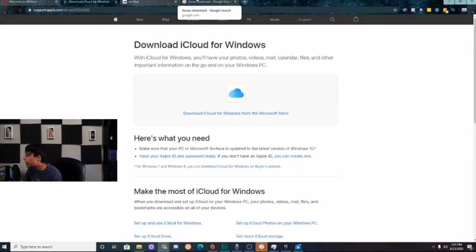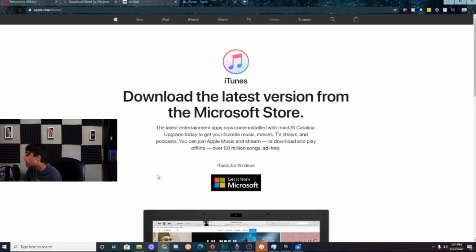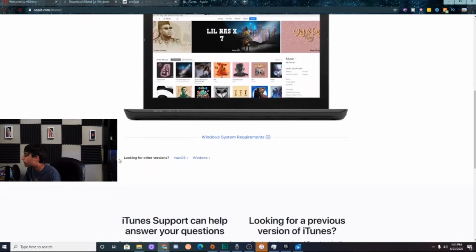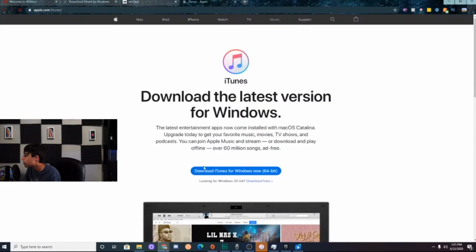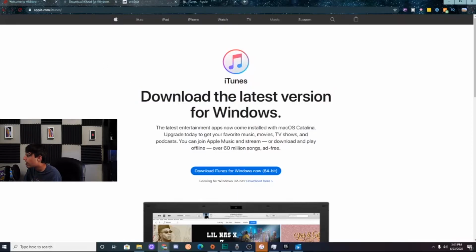So after you get that done, it's going to be the same step process for iTunes. You're going to go to iTunes.apple.com, click go to download, and instead of clicking get it from Microsoft right here because Microsoft Store equals bad, you're going to go down here at the very bottom where it says looking for other versions, and then click on where it says Windows, which you can then click download iTunes for Windows Now 64-bit version, and underneath it it's 32-bit version if your Windows 10 is 32-bit. And so go ahead and download those, open them up, make sure they work just fine, and after that you're